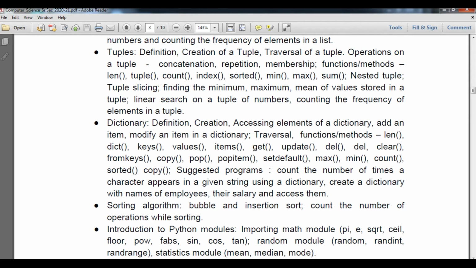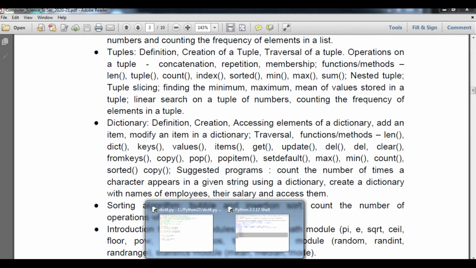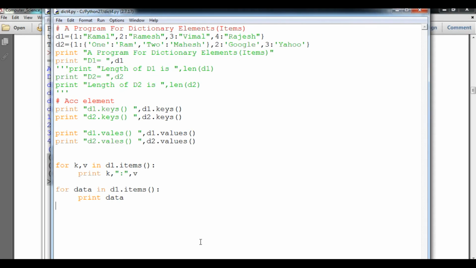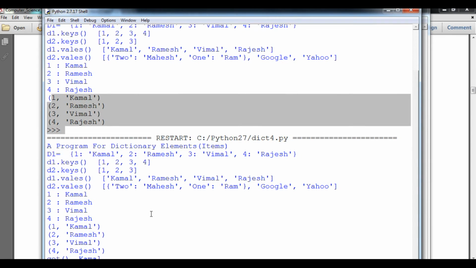We have also understood the meaning of get, because the get function helps you to check whether you can access an element or not. So I will show you. Print the get function. Suppose I say d1.get, which key? 1. Let's see what the output is.